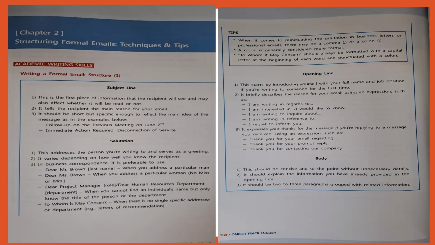Salutation. Number 1, this addresses the person you are writing to and serves as a greeting. Number 2, it varies depending on how well you know the recipient. And number 3, in business correspondence, it is preferable to use Dear Mr. Brown, last name, when you address a particular man. Dear Miss Brown, when you address a particular woman. No Miss or Mrs. So sorry, I pronounced it wrong. It should be Ms. Brown, but it's